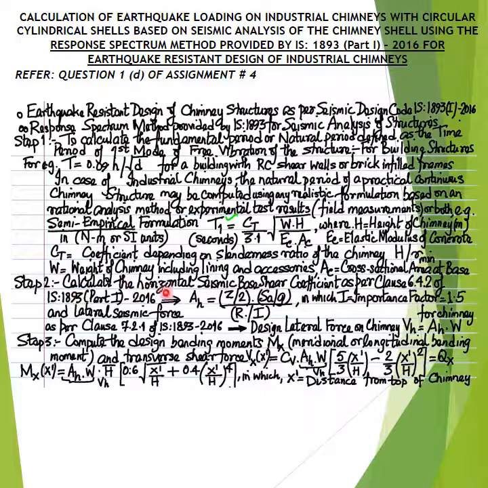In step 2, calculate the horizontal seismic base shear coefficient denoted as A subscript H for the industrial chimney structure as per clause 6.4.2 of IS 1893 part 1 latest 2016 revision, that is the Indian standard design criteria for calculation of earthquake loads on structures, which provides the horizontal seismic base shear coefficient in accordance with clause 6.4.2 as the familiar and well-known formulation,